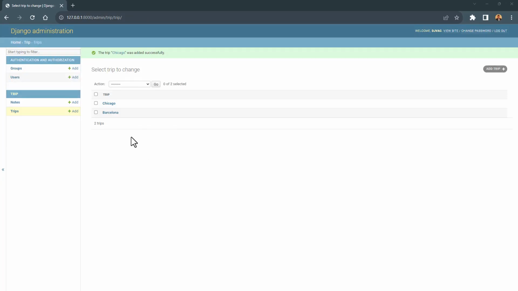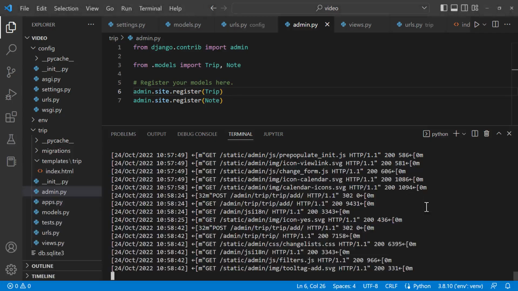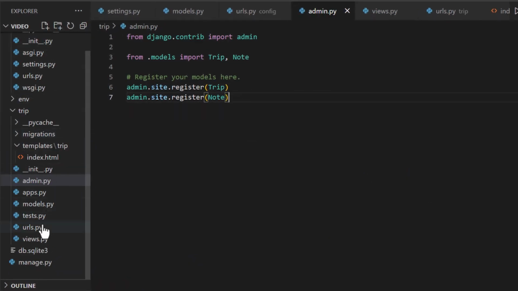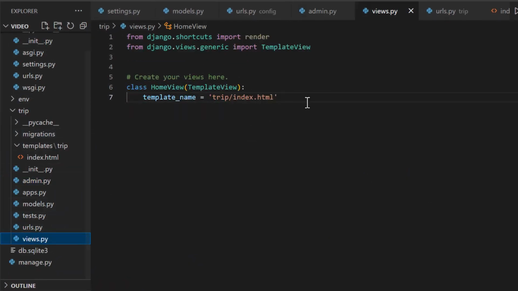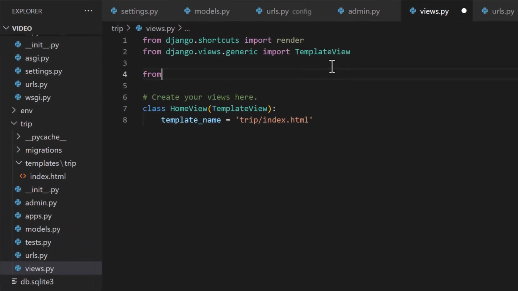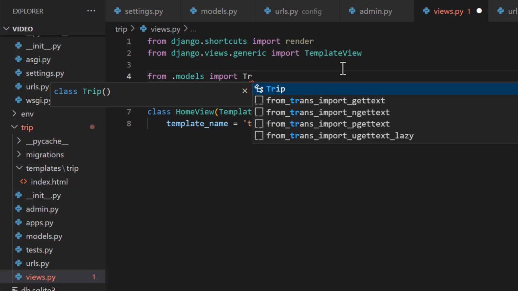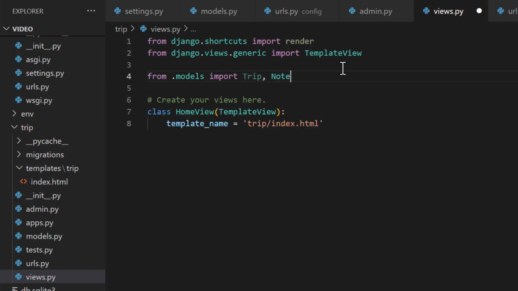So go back into your code, you can minimize the terminal and go into our trip views.py and create a view. So let's import our models. So from .models import Trip, and we'll just import Note, and then we can create another view, and this time we'll just use a function-based view. We could use a class-based view for this, but we'll just show how you can do it either way, and we'll call this